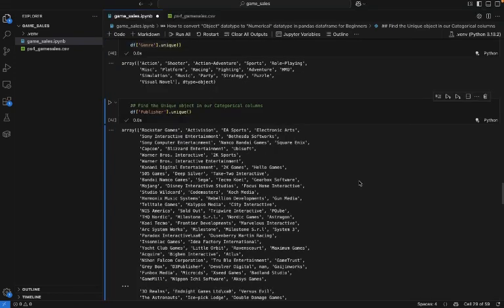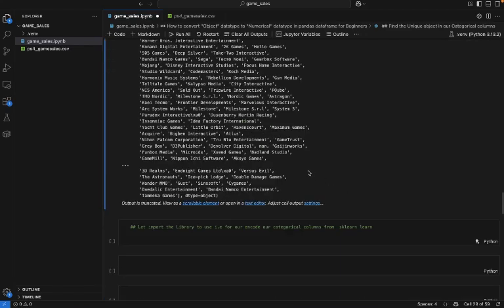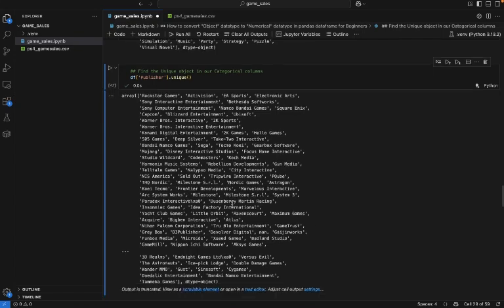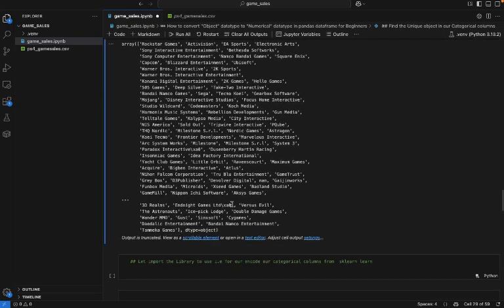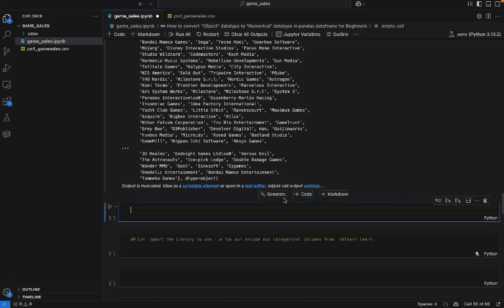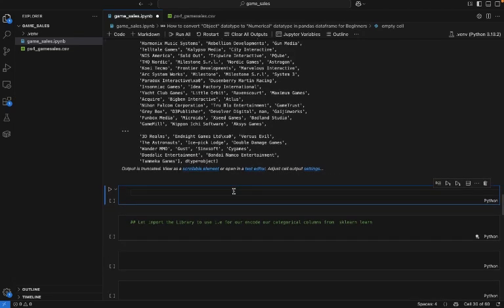However, I just want you to see what is contained in the publisher column of our data set. Since I've seen that now, we need to drop that particular column because we have so many object data type values in it. We don't need it, but I just wanted to see what's in it. So now let's drop this publisher column in the data frame to make our data look clean, by saying df = df.drop(